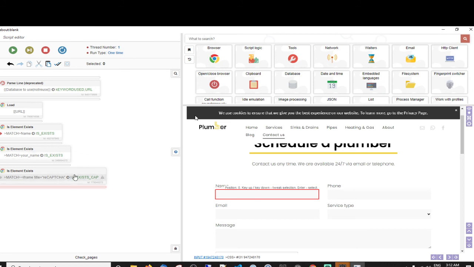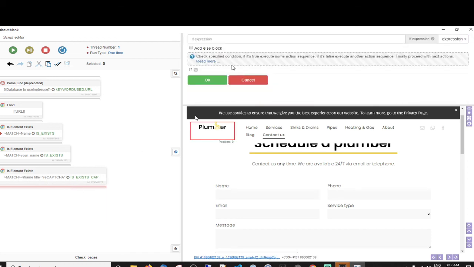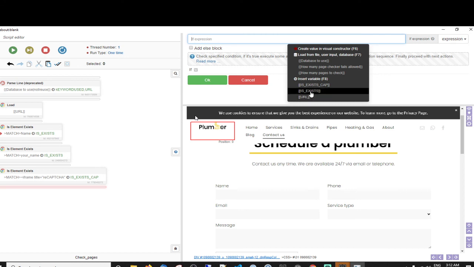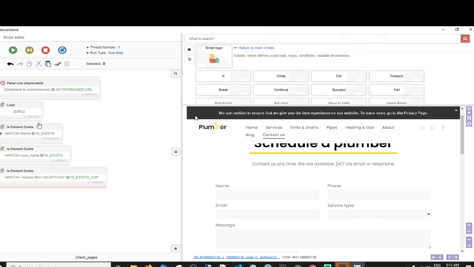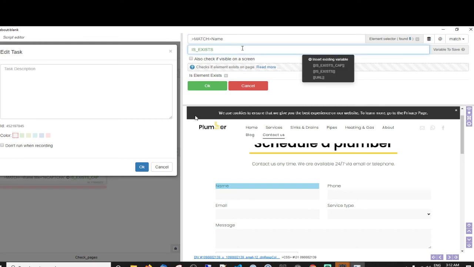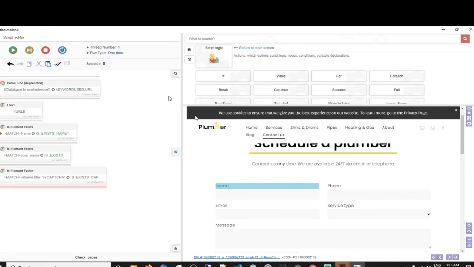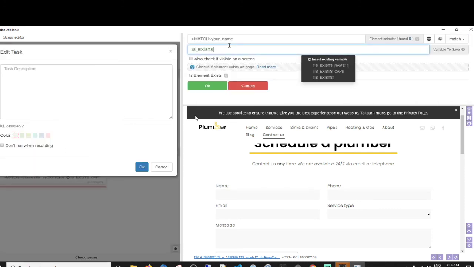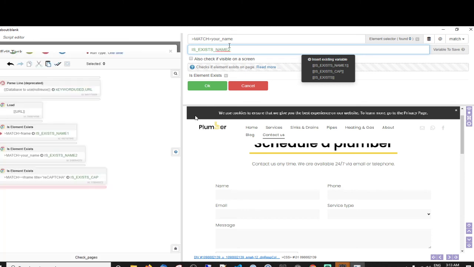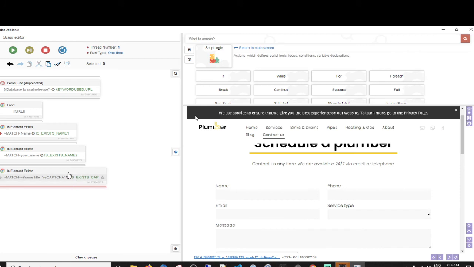Okay, so if it has either of these, it's fine. And we've named this different. So let's do if. No, we need to change this. Exist name 1. All the stuff I'm doing like this is the first thing off the top of my head. This is going to be refined as we go on. Name 2. Okay, so long as one of them.